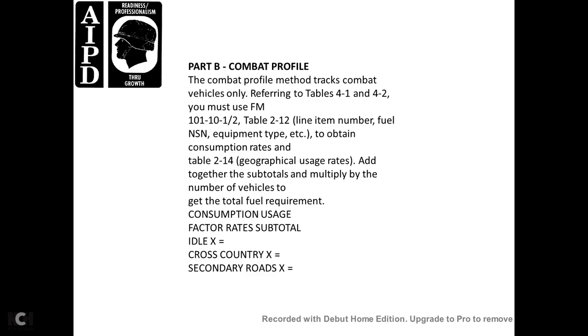Part B, combat profile. The combat profile method tracks the combat vehicle, referring to table 4-1 and 4-2 of Field Manual 101-10-1 and 2, table 2 and 12 for the line item, the number of the fuel NSN, and equipment type, to obtain the consumption related to 12-214 with the geographical usage rates. Add the subtotals by multiplying the number of each type of vehicle by the total vehicle consumption requirement